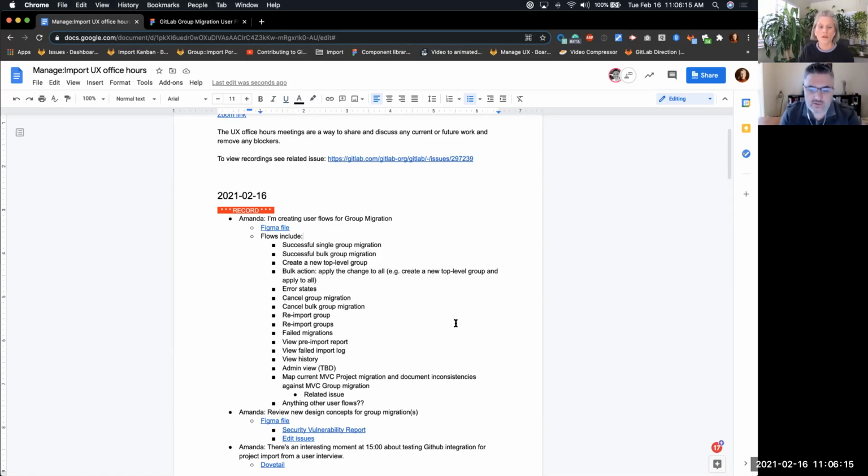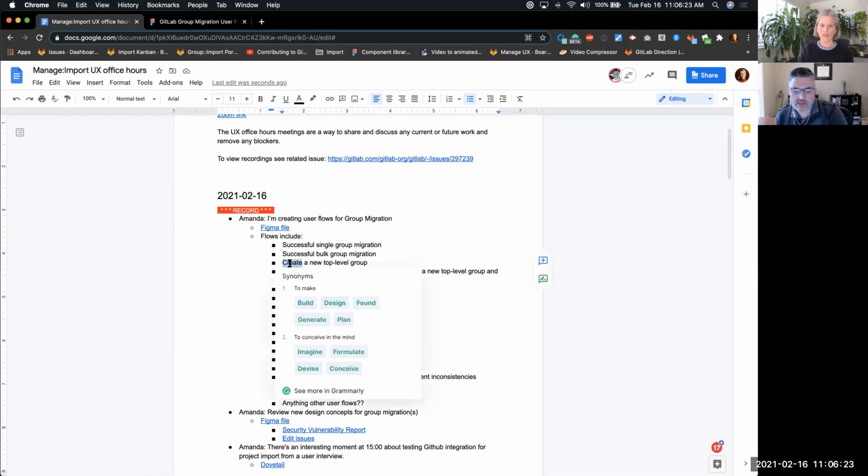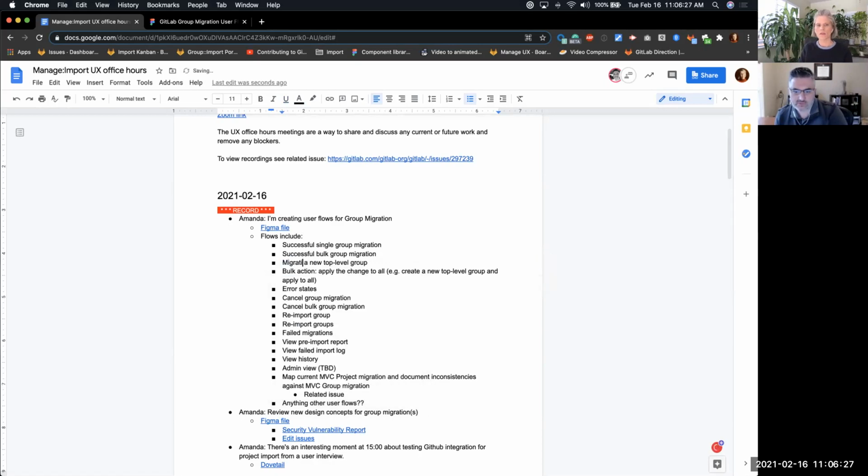Creating a top level group. I feel like that may be describing a creation. I would just say migrating a top level group, something like that. Yeah, migrating a group that becomes a top level. So really we're talking about top level groups on a destination instance. So migrating a top level group. And we know what it is, but